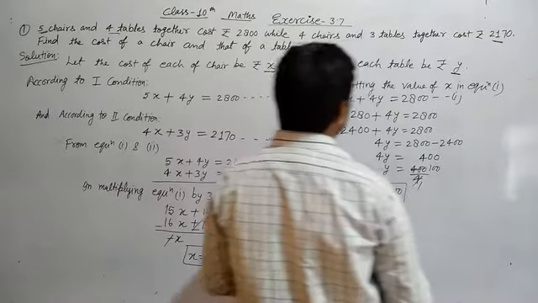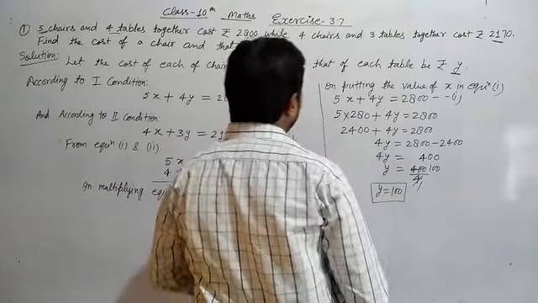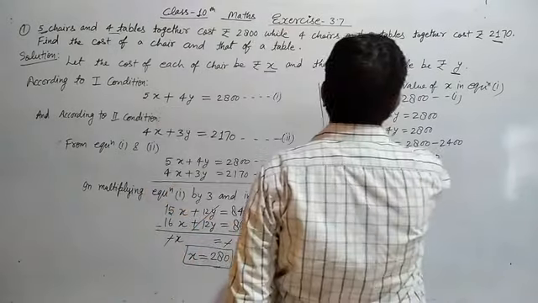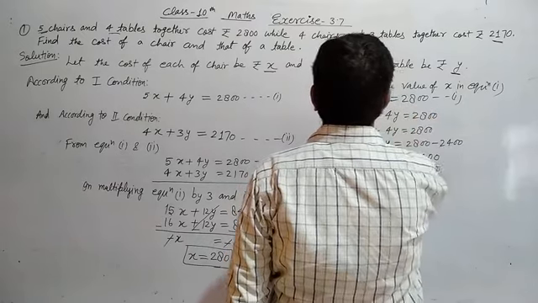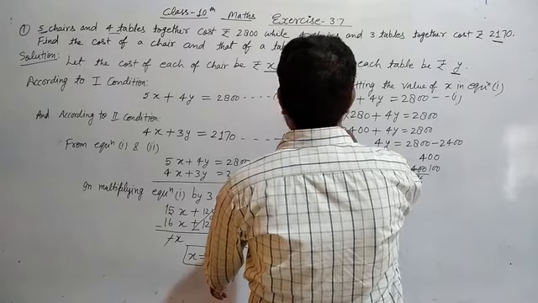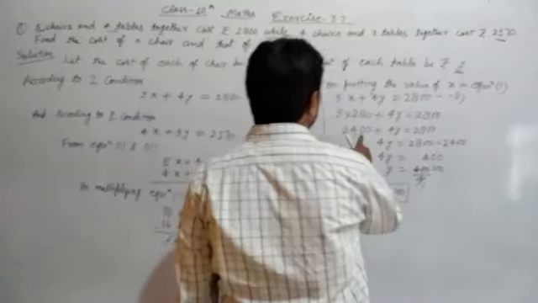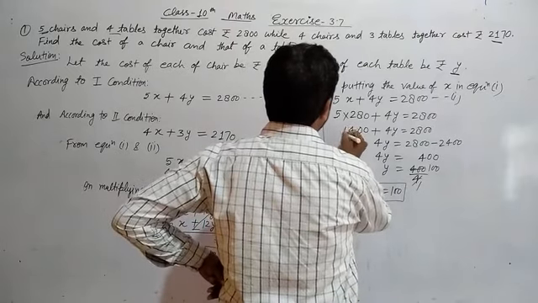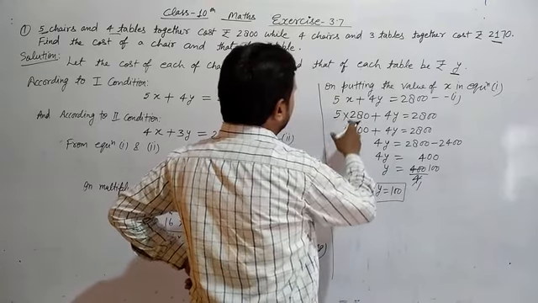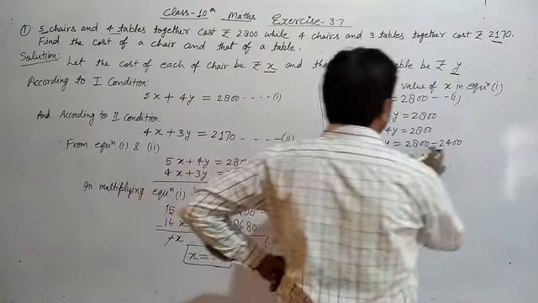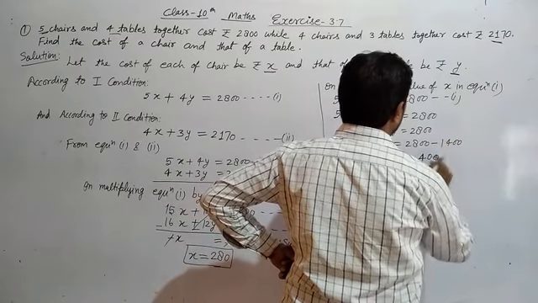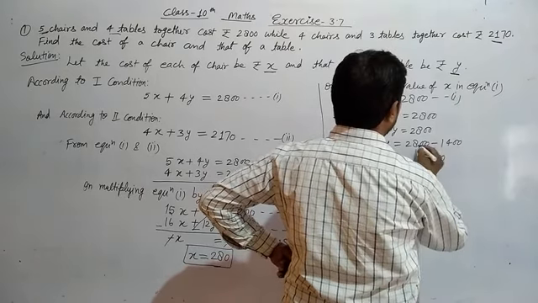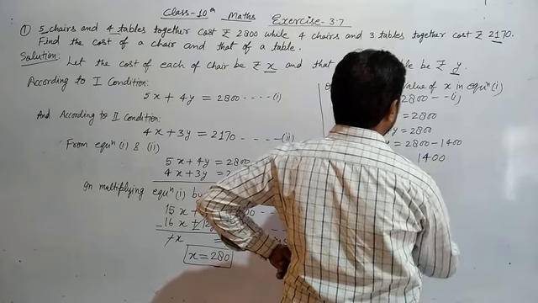But see here, something is going wrong. Our question was 5x plus 4y equal to 2800. We multiplied it by 280. 5 0s are 0, 5 8s are 40, 0 carrying on 4, 5 2s are 10. Sorry, 5 2s are 10. See here, 5 2s are 10 and 4 makes 14. So you see here, this one is 1400. This one is 1400. So 0 0, 8 minus 4 is 4, 2 minus 1 is 1, means 1400.